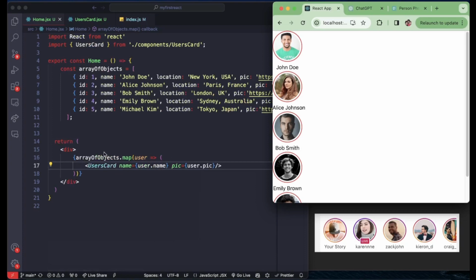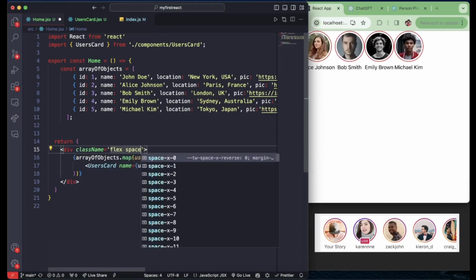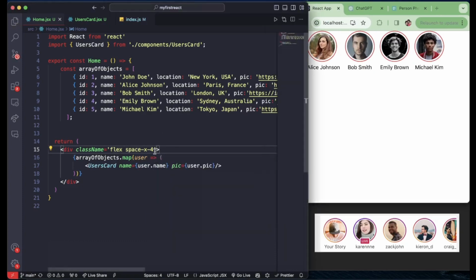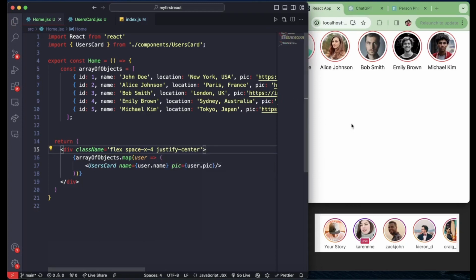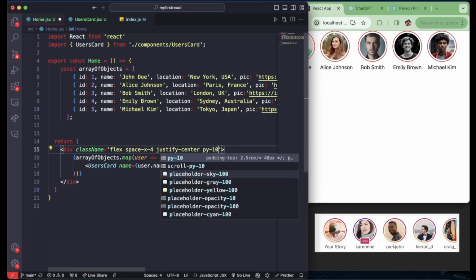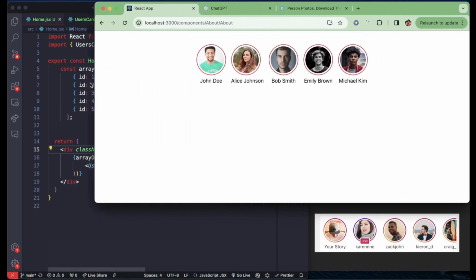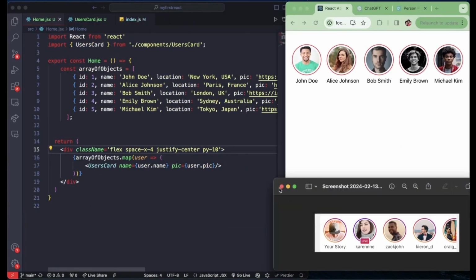You see, and then we want to flex it, flex, and then space x4. There we go. And let's do justify, center it, and then let's give it a py10. There we go. Now we got that. You see, y'all? That's how easy it is. And now the next part will be